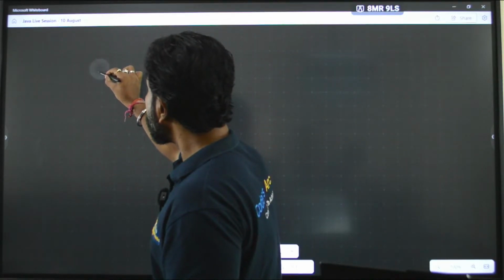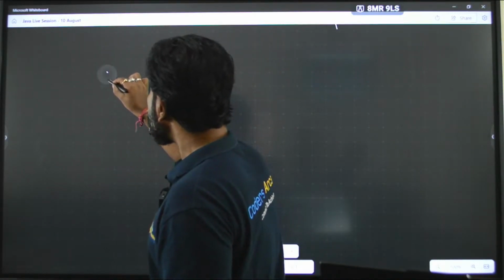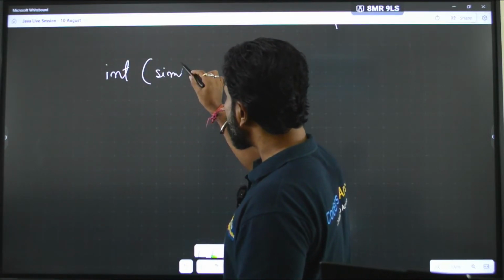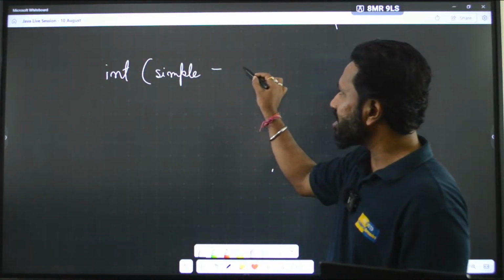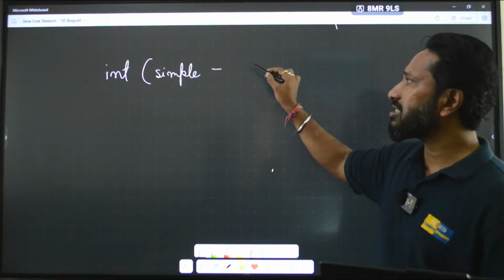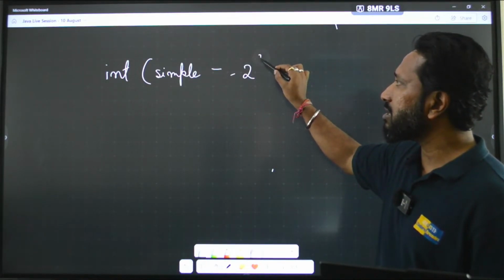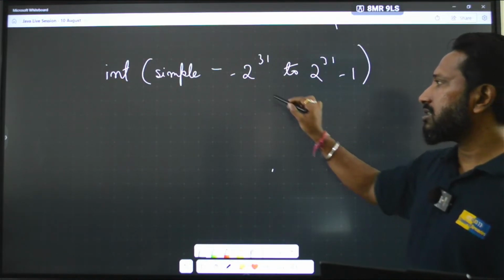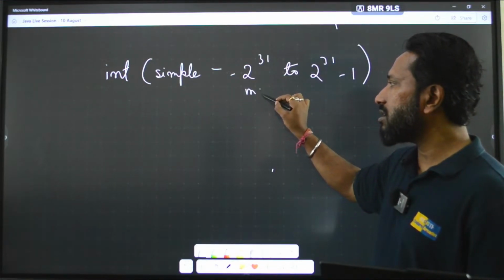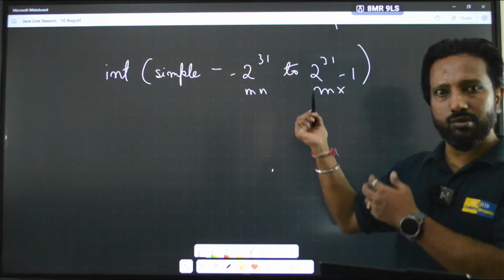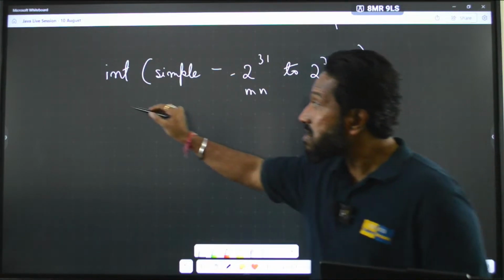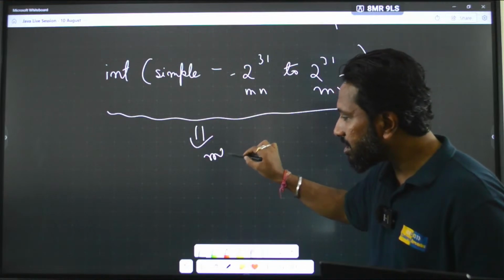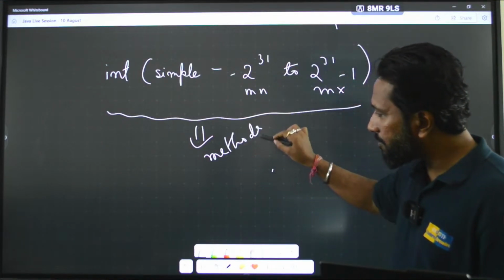The int data type can store only simple values. Just like, what will be the range of integer? It is minus 2 power 31 to 2 power 31 minus 1. This is the min value, this is the max value. You can only store those values, but it does not have any predefined methods. As we saw here,